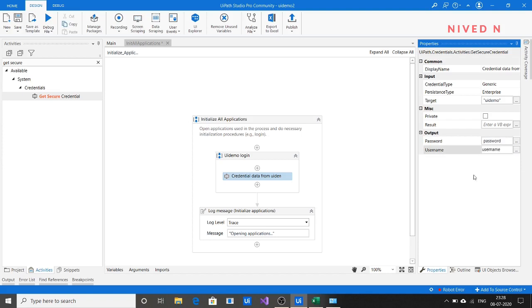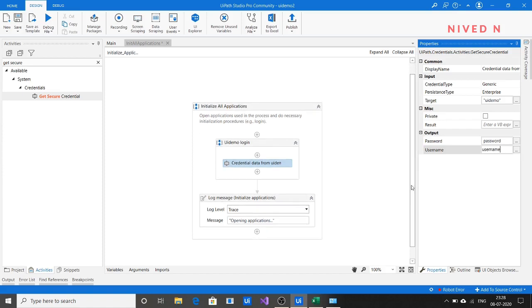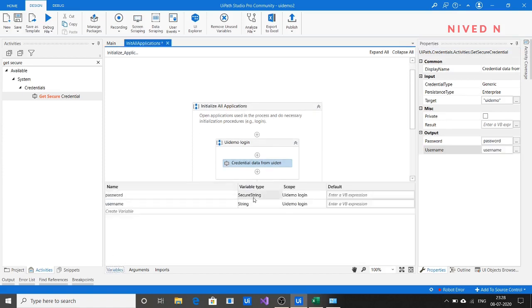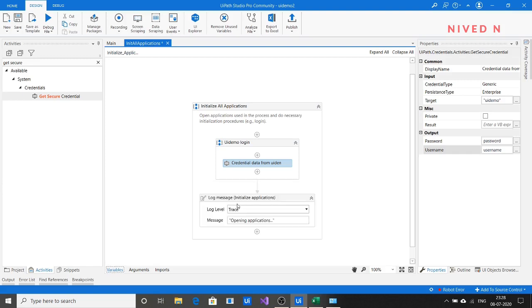If you go to the variable section, you can see that automatically the variable type required for that activity is created. You can see that the password is a secure string. Username is ordinarily a string. So you have obtained the credential data.